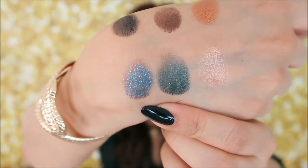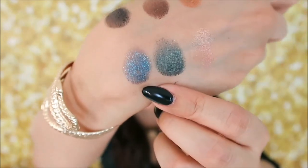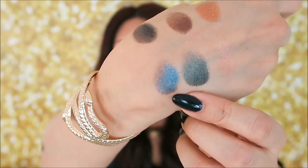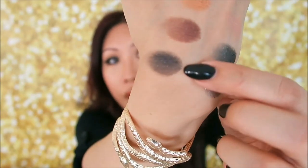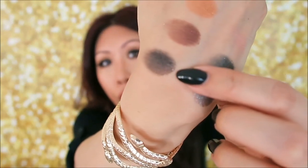It is so beautiful. It's probably one of the most beautiful blue purple duochromes I've seen. And I mean, we see a lot of duochromes. This one is really, really beautiful. And lastly is this black, and this one is called Mood. It is a little gritty when you swatch it, but when you apply it and use it to deepen your crease or add depth to the lower lash line, or even when you do a full-on smoky eye,